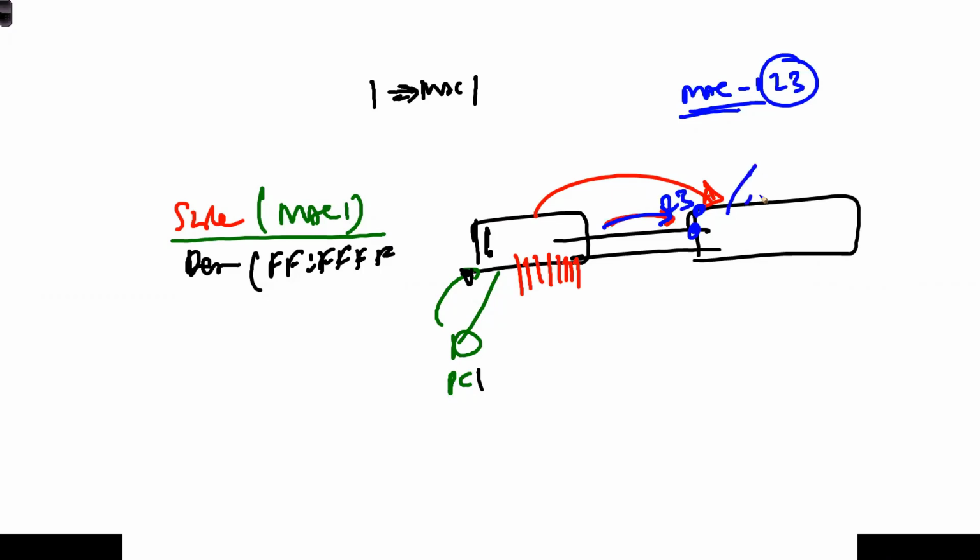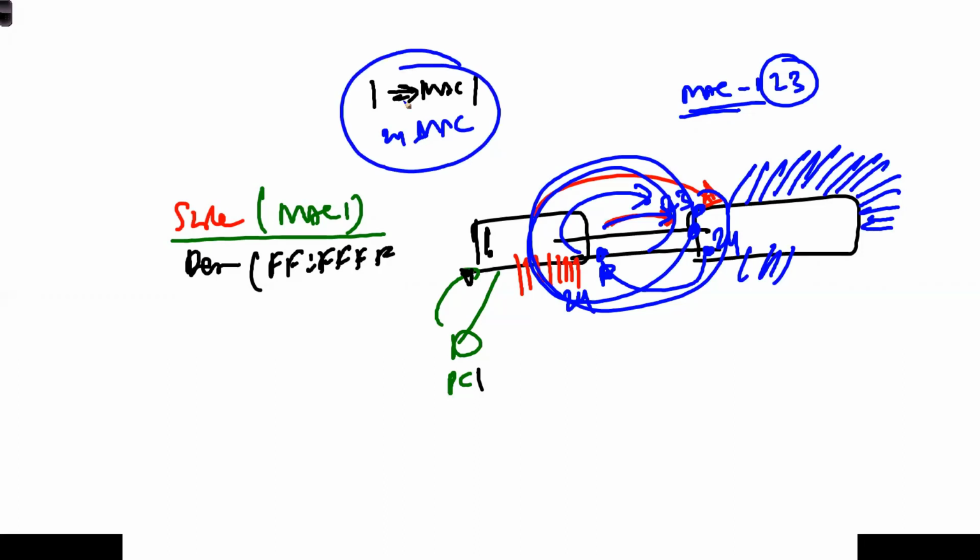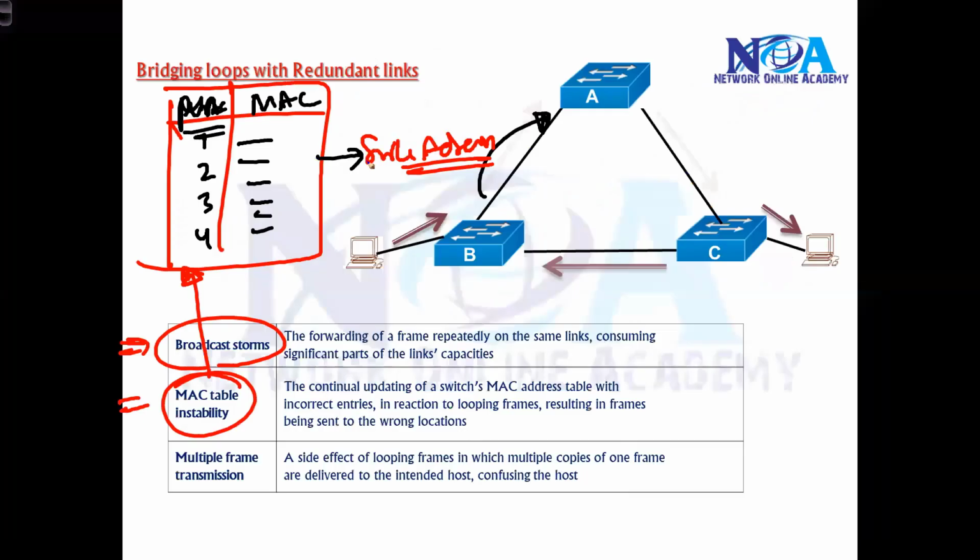Then this switch doesn't know the destination MAC address. Again, it will broadcast. So the broadcast will come back to port number 24 here as well, and from there it will be received on this port. Which means this MAC1 is again written on port number 24. So again it will broadcast it here. This will again lead to something called MAC table instability. The MAC table will not be stable because of this continuous broadcast. So basically this is another problem you may generally see.